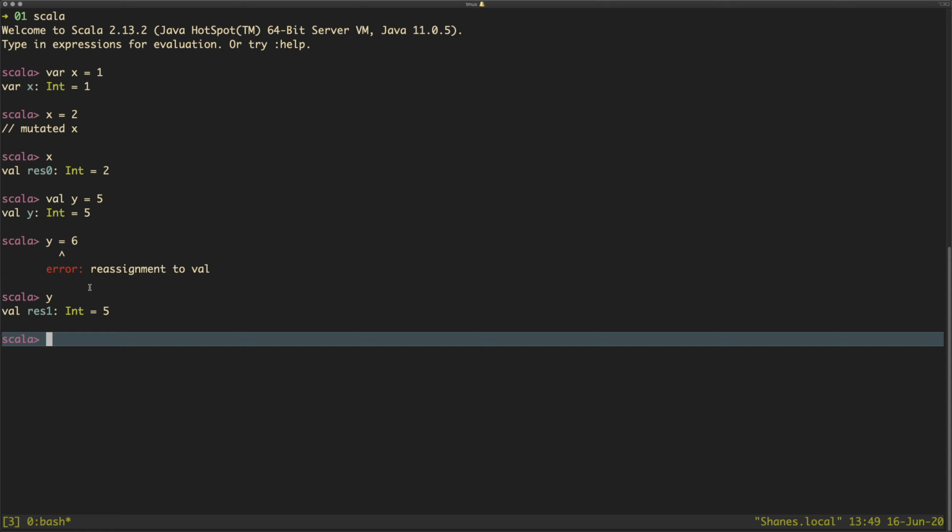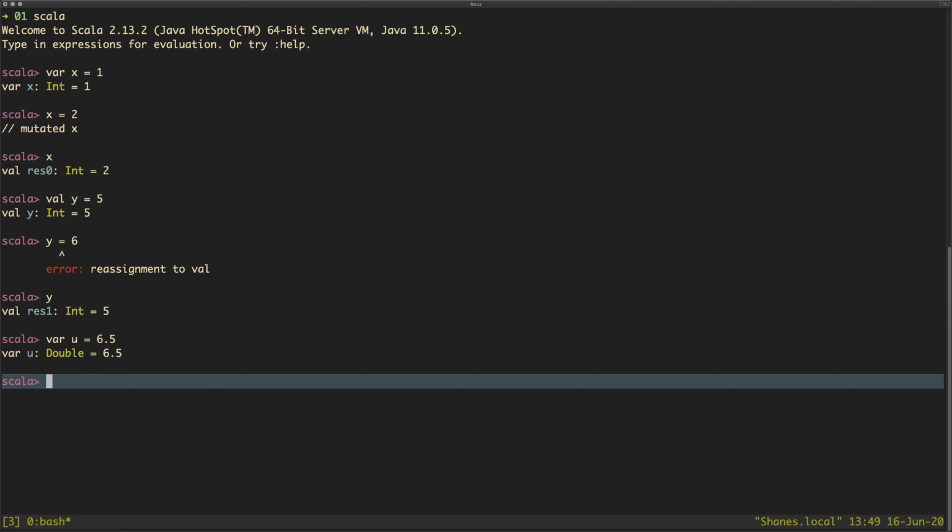The reason for this is that Scala has quite a good type inference system, meaning that when you create a type, we'll do this, we can't do x, we'll do u, it should come back as a double because it's inferred from the actual variable we've given it what the type is. So we don't actually have to specify types